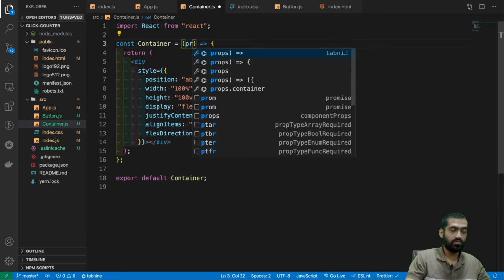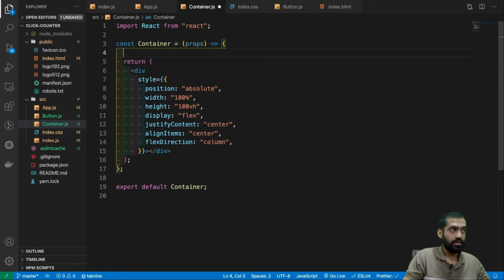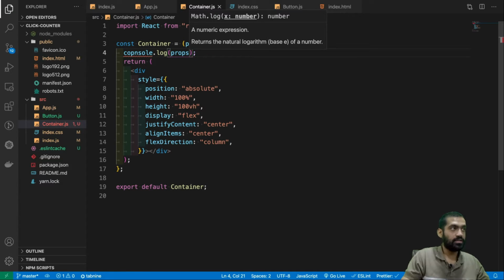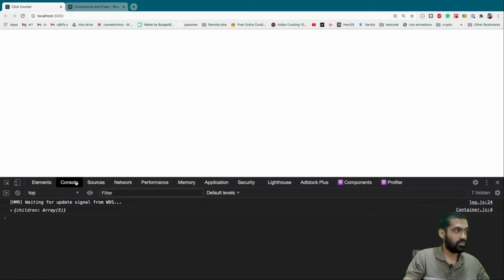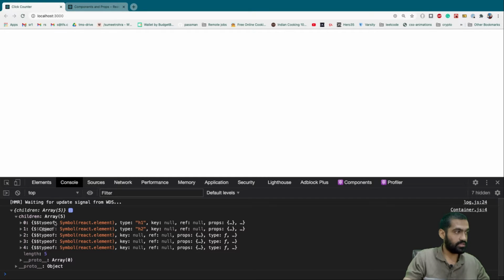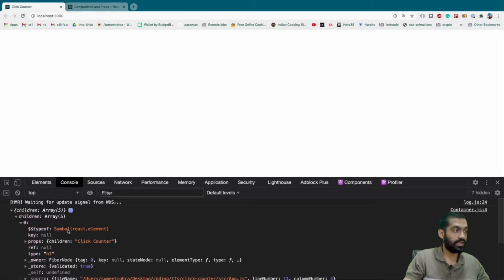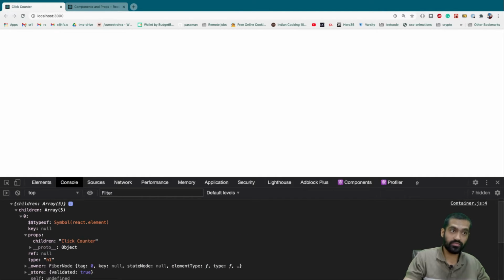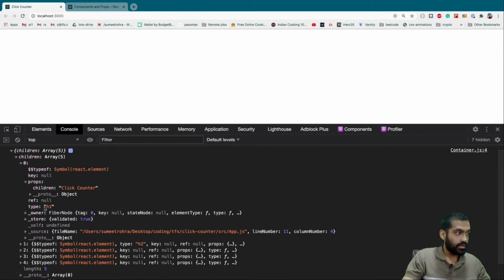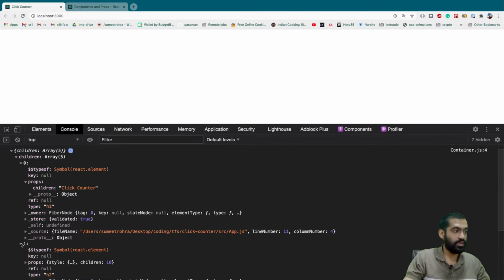So basically we have something called props here, and let's just console log this props and let's see. Okay, spelling mistake. Console log this props and let's see what's happening here. Cool. In the console, we have children, and in this children we see a type of element React. That's the first thing we saw, if you remember, right? This is an H1 element, and we saw all of this in the first video itself.